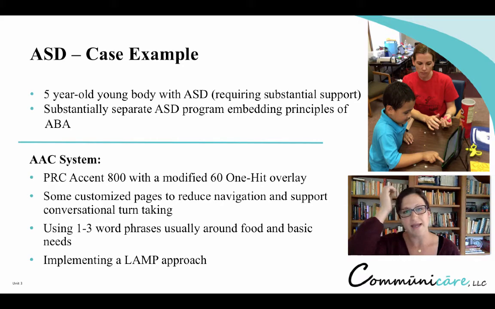So we have an AAC case example of a 5-year-old boy with autism spectrum disorder, put in the severe category requiring substantial support. He's in a substantially separate autism program which embeds principles of ABA. And there's an approach, the LAMP approach, language acquisition through motor planning, which was incorporated into his AAC assessment. And he really responded well to the automaticity of icon location. So when there was something that was really motivating, he would automatically orient his finger to that icon representing it, because he trusted in the location and wasn't as much paying attention to what the icon looked like,